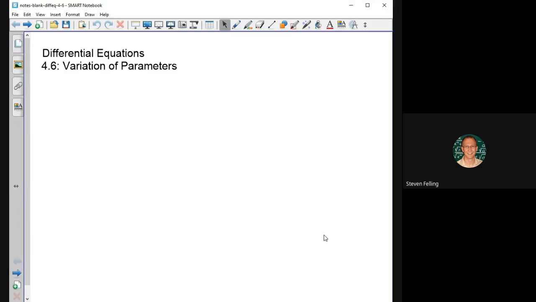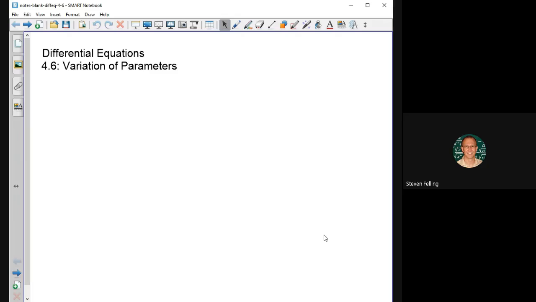All right, this is going to be the video for section 4.6 in differential equations, variation of parameters. This is another procedure we can use when we have a right-hand side which is non-zero, a non-homogeneous differential equation. And actually, in the last video, I don't think I mentioned that there was a restriction on the method